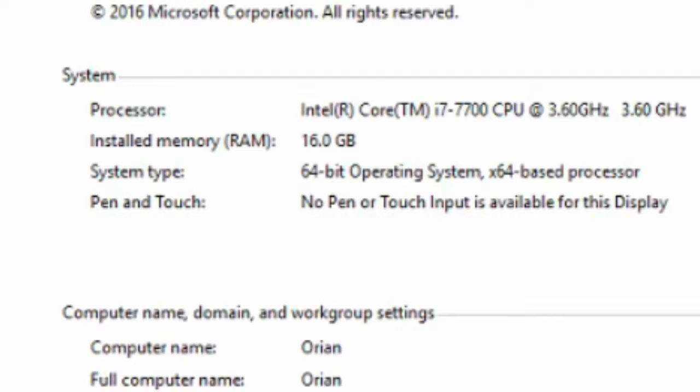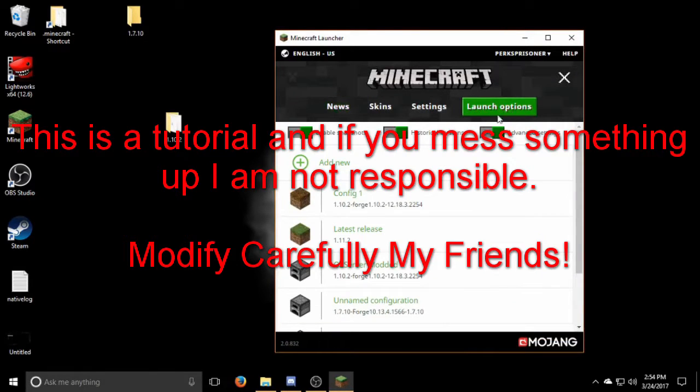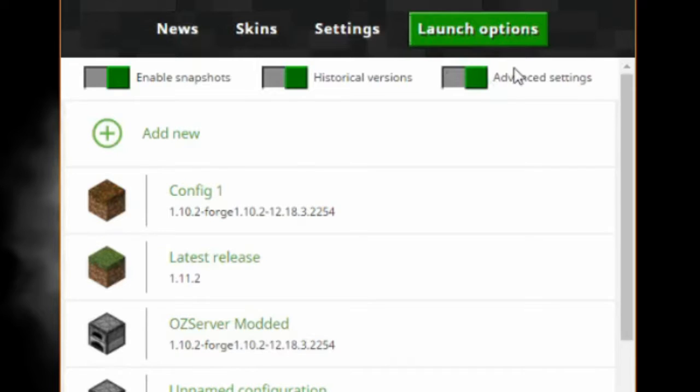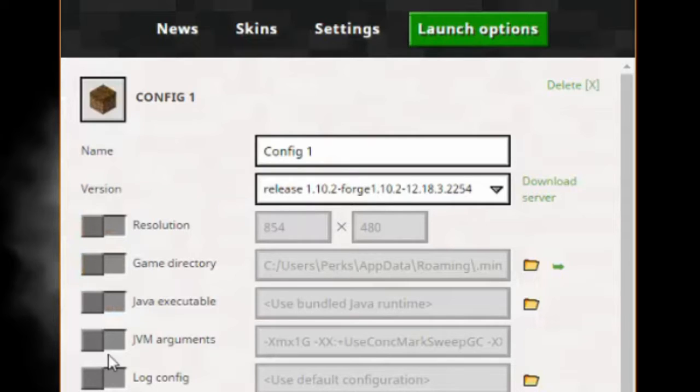I will show you how to do this, but be wary, be careful, and make sure you don't change anything other than what I've showed you to change. You will need to make sure that you have advanced settings ticked in order to be able to change any of the settings within the profiles, within the Java line. You will come down here to the JVM arguments, and under Xmx, this stands for 1 gigabyte, right there. So we will bump that up to 4,